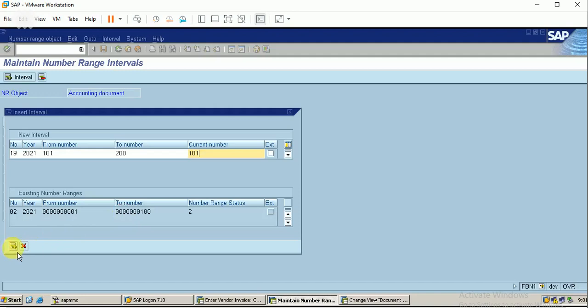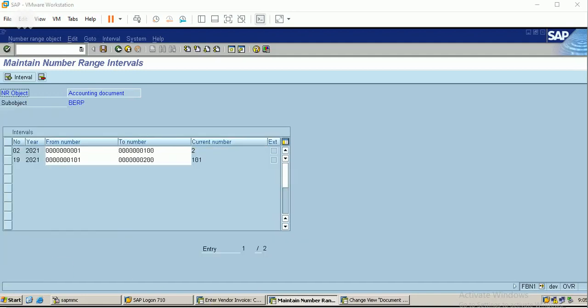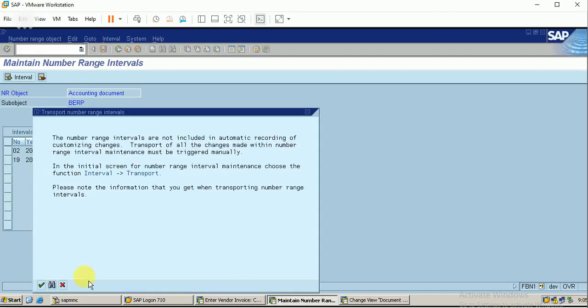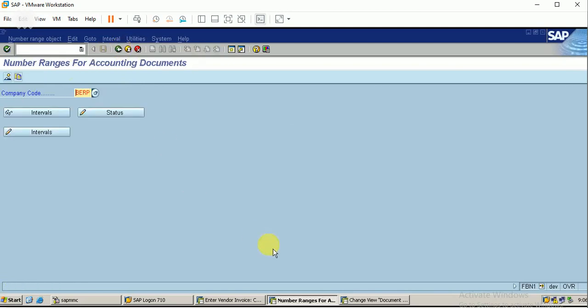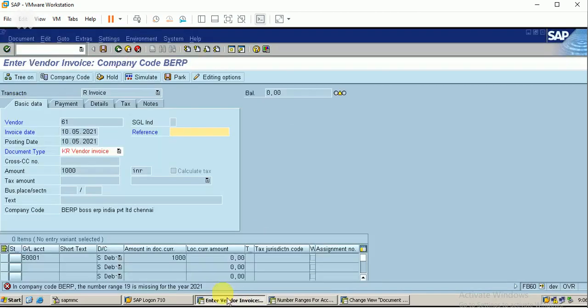Click on save, then I have to save this entry. Tick on this. So I have saved the entry. Now I can move to this tab and click on enter again.